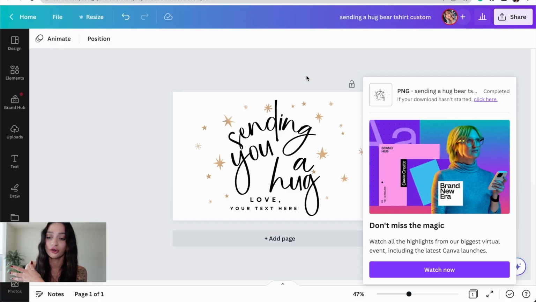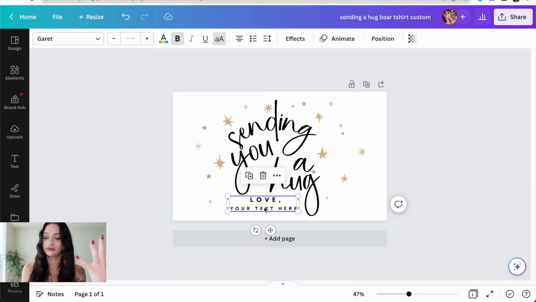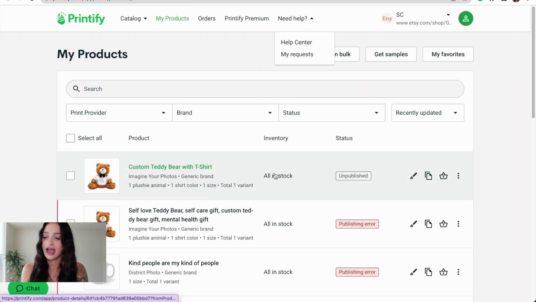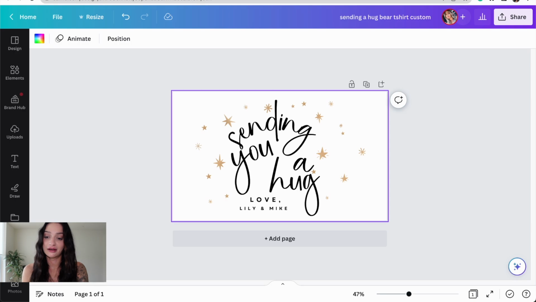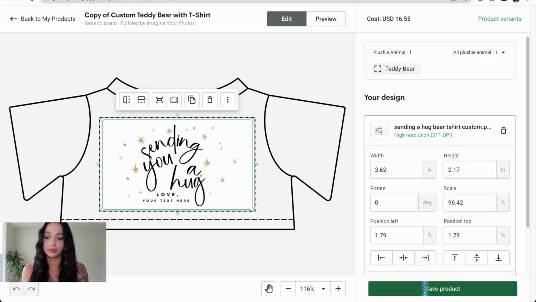What do you do? What will happen is on your Etsy account, you'll receive that order and you'll get what that person wants to add in to their design. So you would simply head over to your Canva account and add in their text. So love, you know, Lily, or whoever, Lily and Mike, and then you would save this. And then I'm going to go in here and edit it with that new design that I created. So once you create that design, the Lily and Mike one, you'd save that and then upload it here